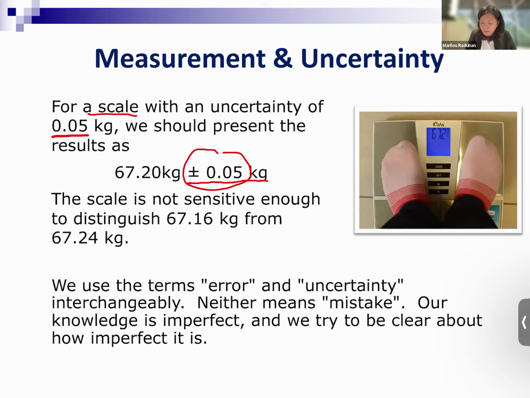67.2 is whatever measurement you get, but you also put the uncertainty in that measurement because your scale is essentially estimating that your mass is between 67.16 kilograms to 67.24 kilograms. 67.16, of course, came from 67.20, take away 0.05, and